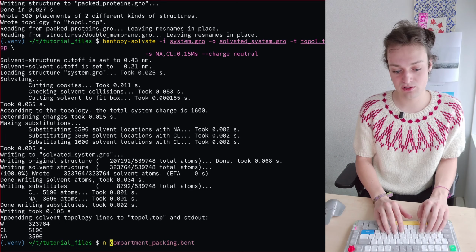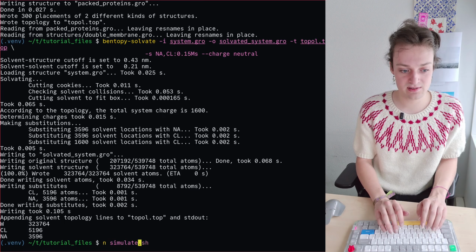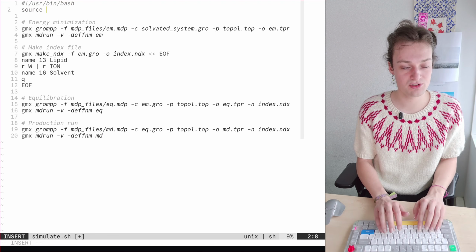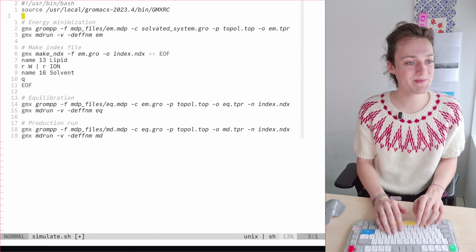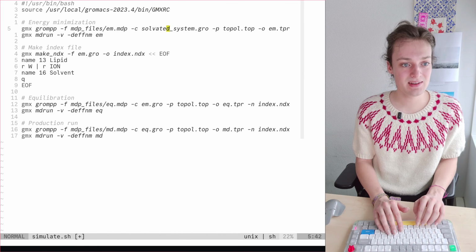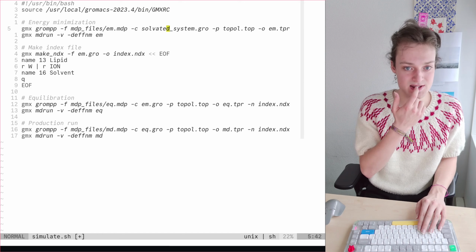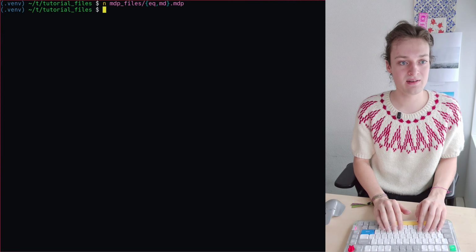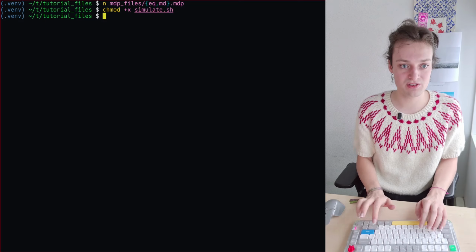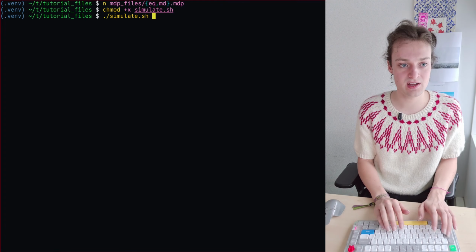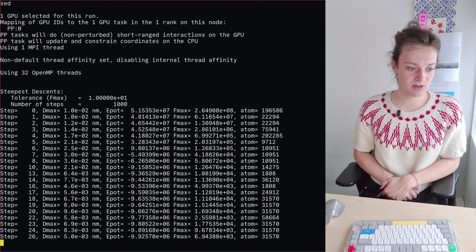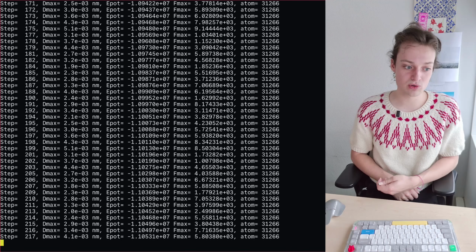So I want to create a file called simulate.sh, like this, and then we're going to source GMXRC. And here it's going to load the solvated system, etc. So now we can chmod our simulate.sh, and then we can say, hey, let's do this. Now GROMACS will first energy minimize our model,